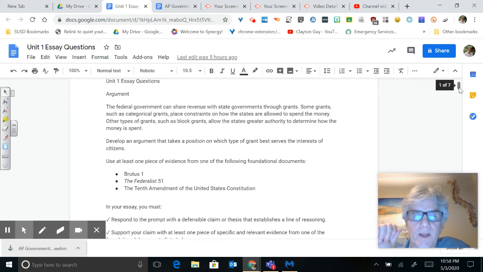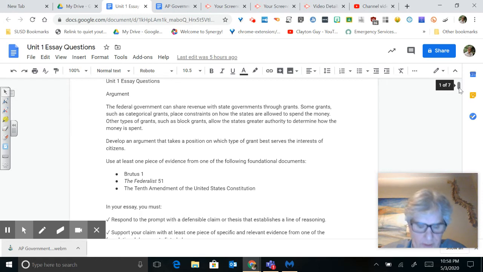other side and say, even though block grants are good and the states can use their money as they see fit and they know it, because of what states do, only half of the money goes to welfare and the other half goes to other areas. So a categorical grant is better for the citizens because all of the money that was supposed to go to welfare and the poor actually goes to welfare and the poor, something like that. So make sure you have the refuting statement at the end.